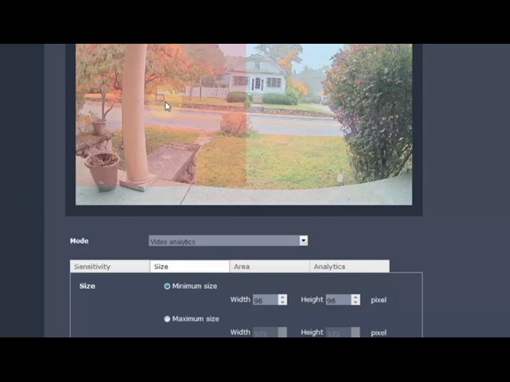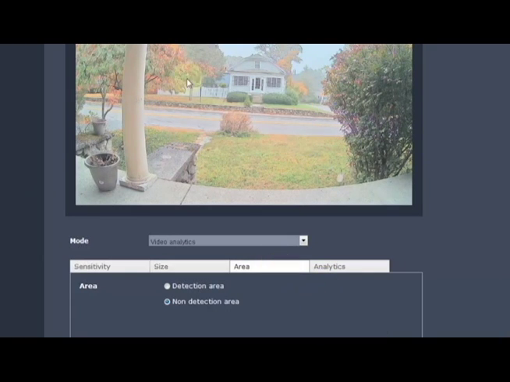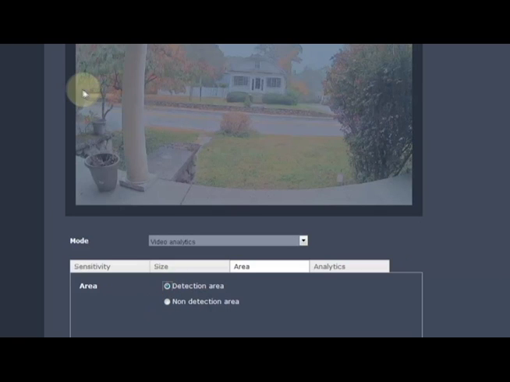So if we want only cars to be detected and not people or animals, for example, or we want cars but not trucks, we can specify all of that. We can have an area, so if I only wanted to detect motion in a specific zone, we can draw that box here,